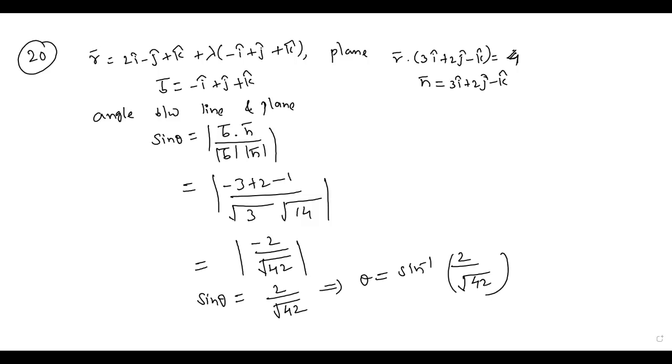Now, in which option is there like this? Sin inverse of 2 by root 42, that is option C. We have to take only the positive value here. Now take option C or D. You can take any, both also. If you take the negative sign, the value will come negative here. You can take any option, no problem. But exactly, acute angle means we can take option A. For an obtuse angle, the sign changes, so option C we can take.